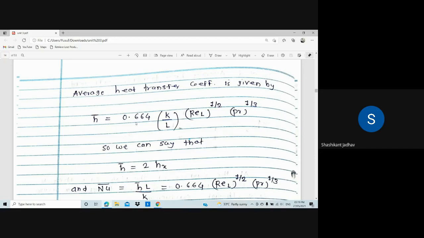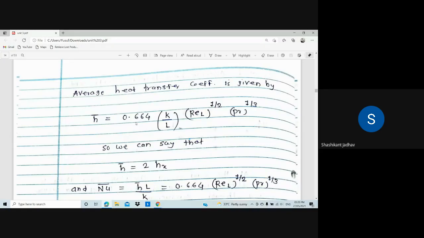So okay, then write down the next line. Average heat transfer coefficient is given by, and average heat transfer coefficient is denoted by H dash. Okay, so write down average heat transfer coefficient is given by H dash is equal to